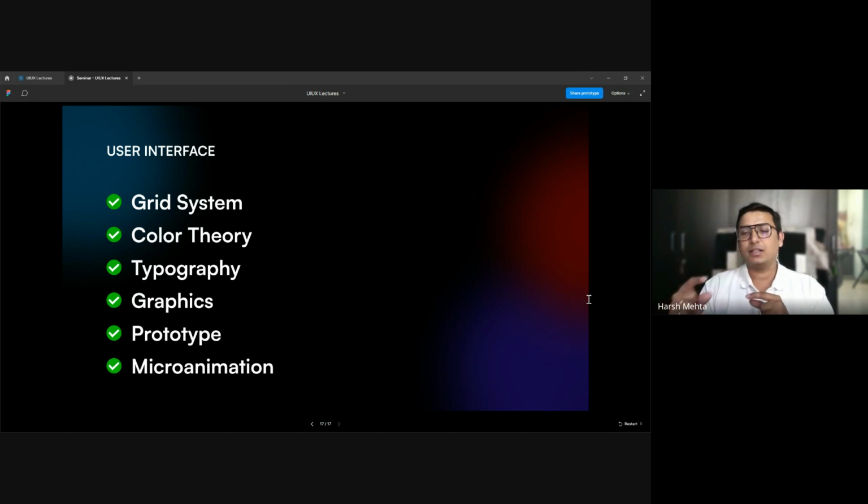So one more factor, if you are planning to become a UI UX designer, you have to be a very good salesman. Why? Because you have to sell your design, you have to sell your thought to the clients. It's not that "I liked this, so I made it." It cannot be that. It has to be reason-backed. It has to be an approach, that why we are doing this thing in a particular way. You have to answer the clients technically. Only then you will be able to convince the client.